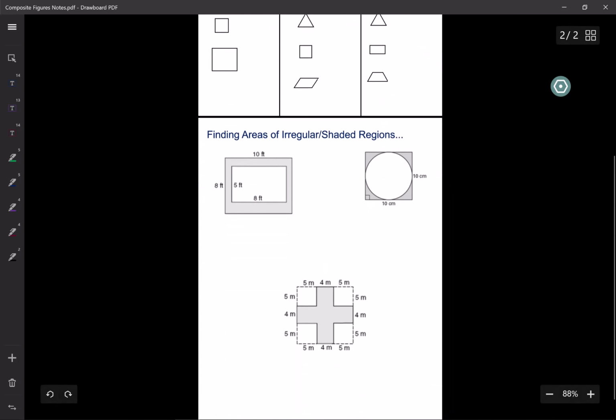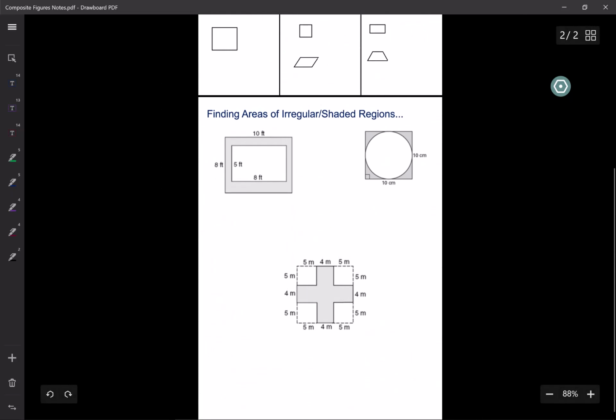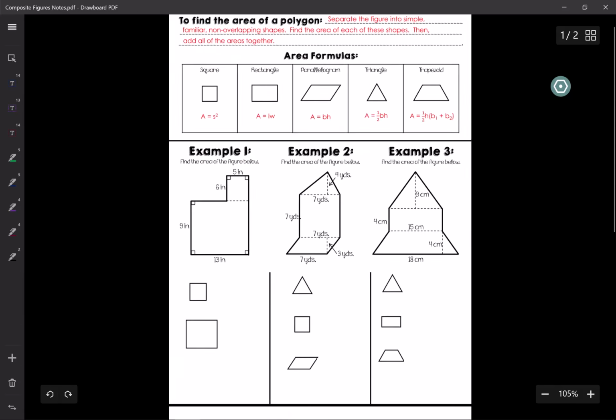I extended the notes a little more to include not just composite shapes, but also examples where you have to find areas of either irregular or complex kind of spaces or shaded regions. Okay, so to start off,